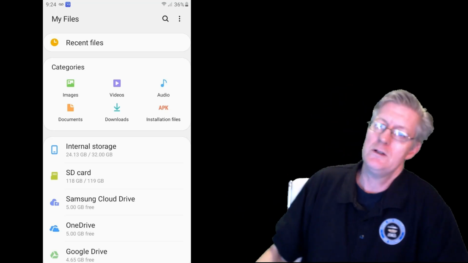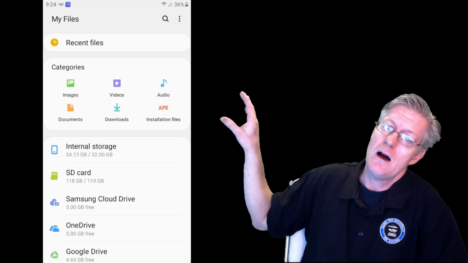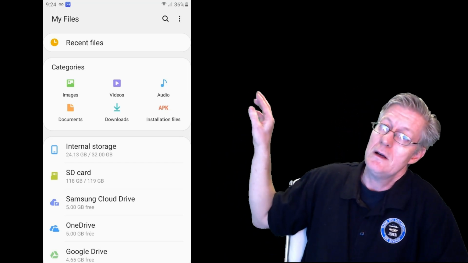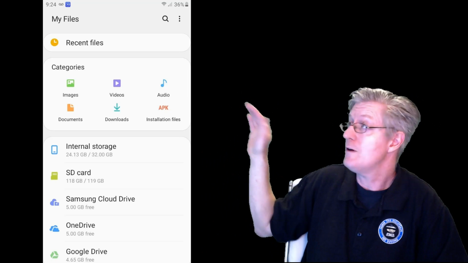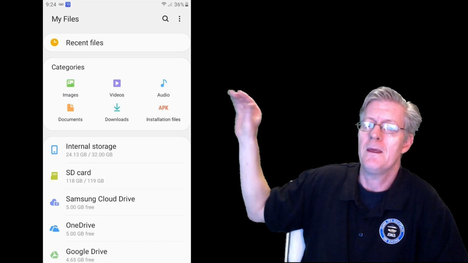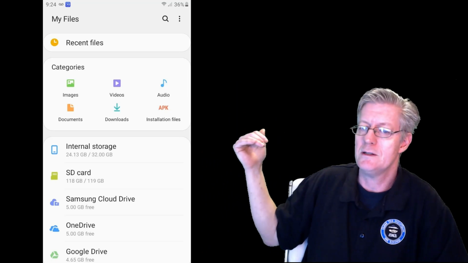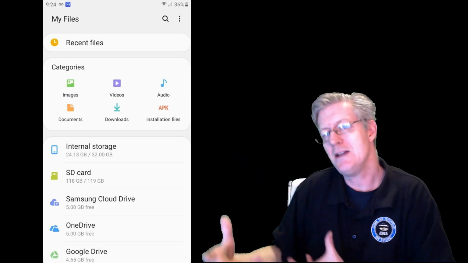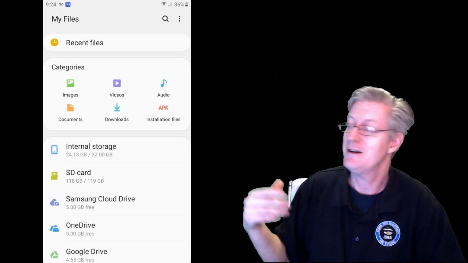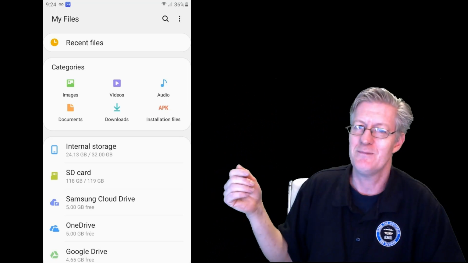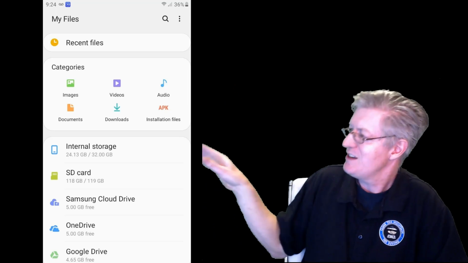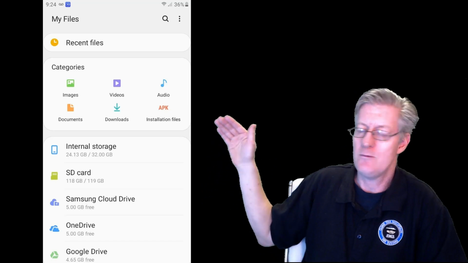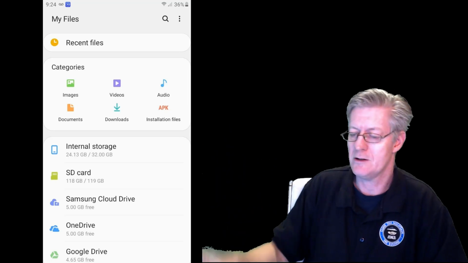When you first open up your My Files or your Files app on your phone, it's going to open up into this home screen. At the very top you have the My Files. Below that, Recently Worked on Files will be appearing up there. Then below that we have Categories. Below that I have my internal storage, and then for my Android phone I've added a 128 gig micro SD card, so you see it there. And then we have other storage options there as well.